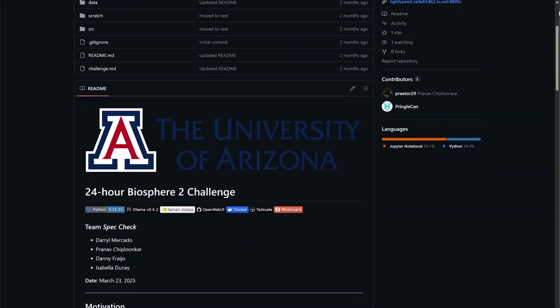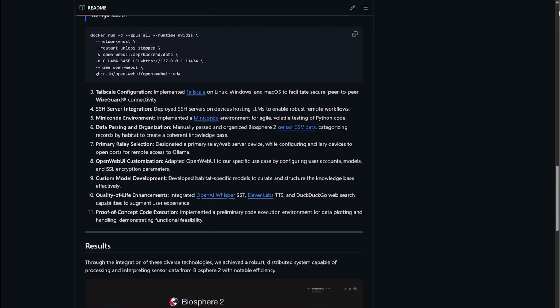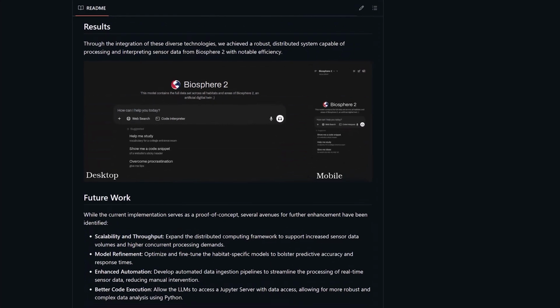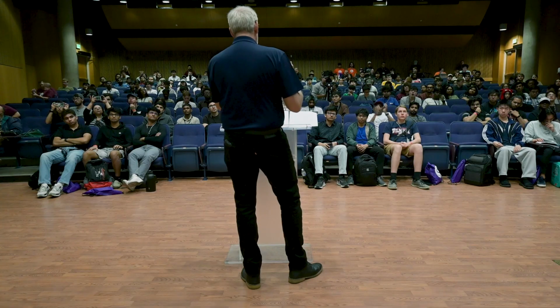Each model has access to a particular knowledge base, but there's also one huge Biosphere 2 model, which has access to all of the knowledge base. So that's supposed to be the mega mind of this operation. That's our dream. That's why we're so psyched that you came here to win prizes and show what you can do and say, yeah, we learned to grow food in space, March 22nd, 2025.